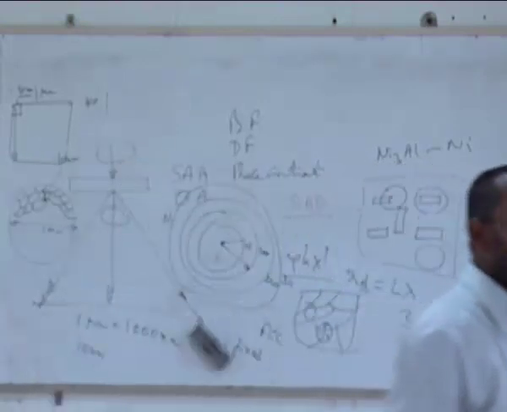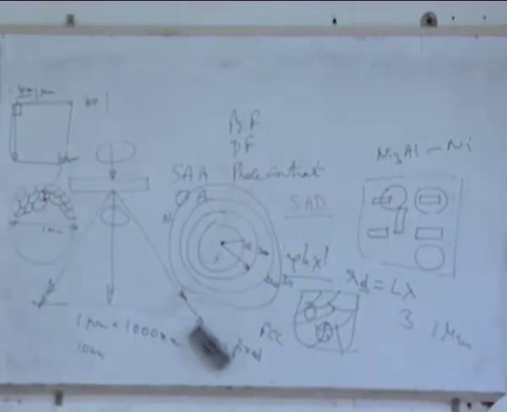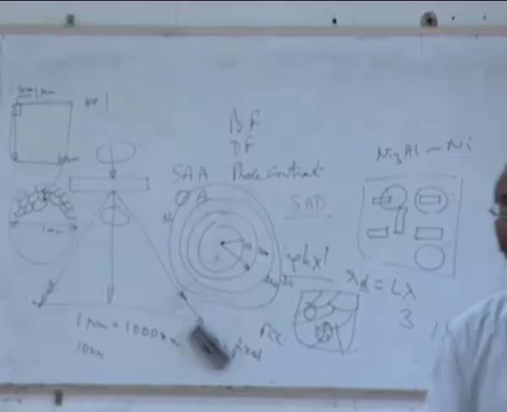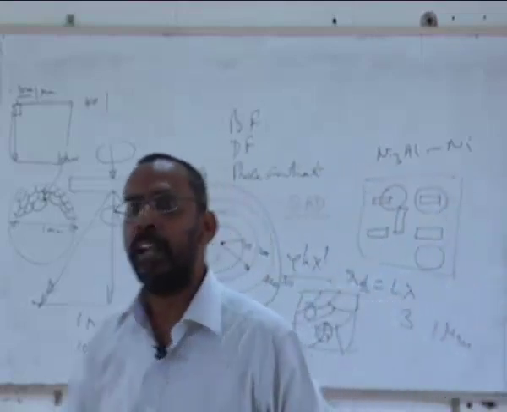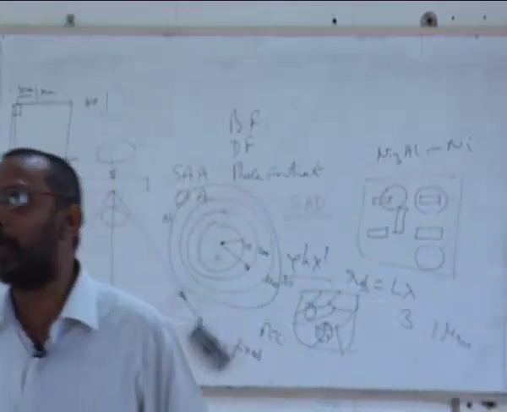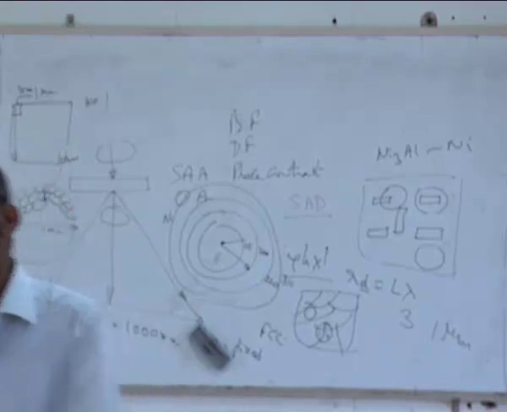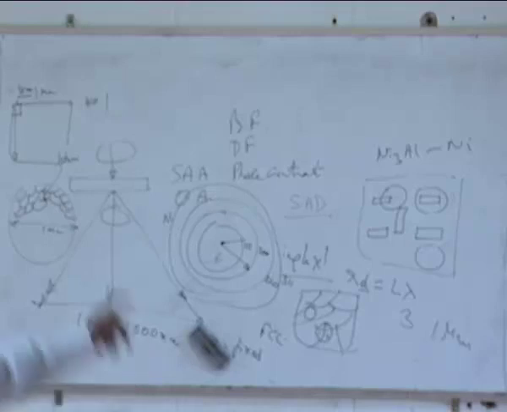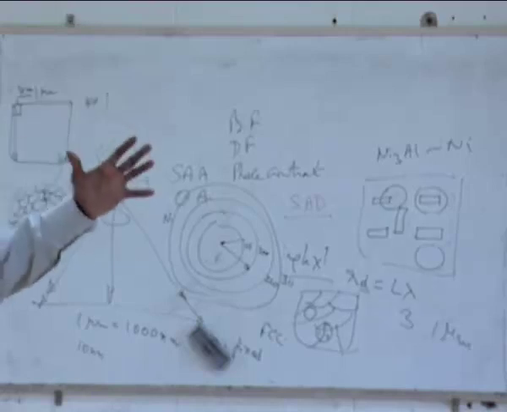Okay. So whenever you are working on a nanomaterial, if let's say in your BTech you do a project on nanomaterial and you take that nanomaterial to a TEM, transmission electron microscope, and you get a diffraction pattern, the best way to identify whether your material is nanomaterial or not is this: if you get a ring pattern, you have a nanomaterial. If you do not get a ring pattern, then the grain size is large.